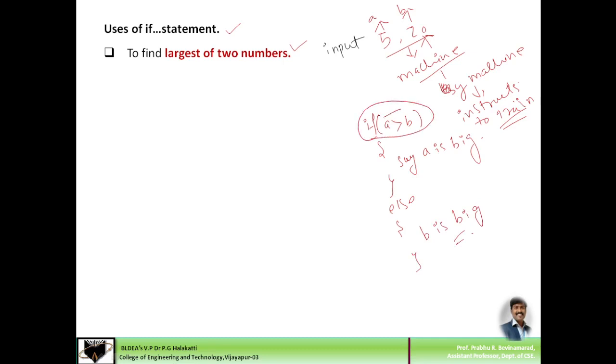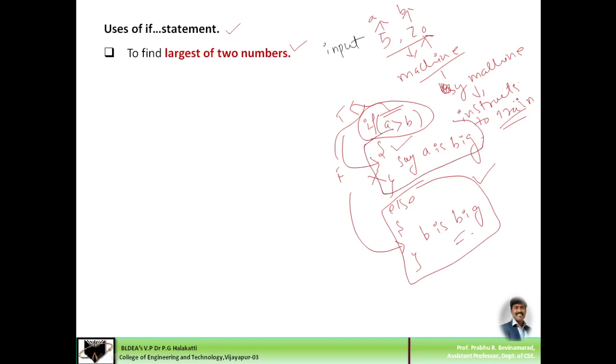Depending upon this condition, if it is true, then this part will be executed. If the condition is false, then it will execute the other set of instructions. So it will leave this part and execute that one. If the condition is true, the machine will execute this particular part and skip the other.